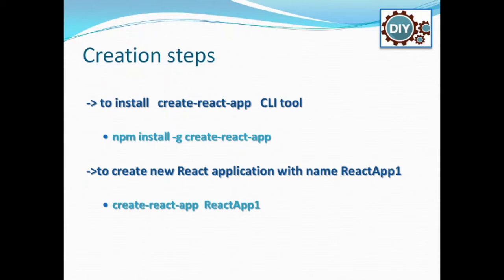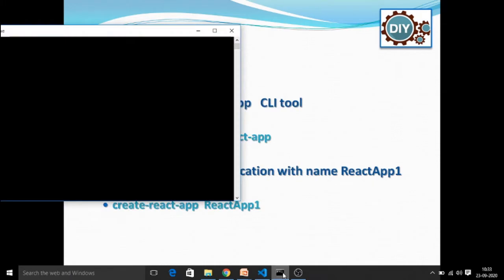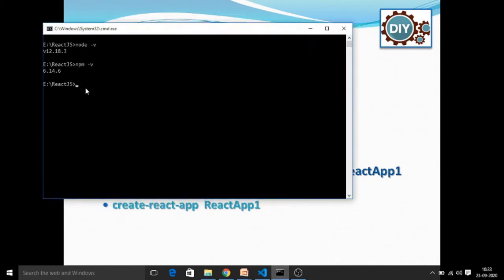So for example, how do you install this Create React App plugin to your system? Simply go to the command prompt and give the command, wherever you want to work with your React application, npm install -g. This is to install globally. And the CLI plugin you want to work with is create-react-app. It is a CLI tool to create a React application. This will take some time to install, so let it run its installation process. We will be continuing with our application. This will start installing your Create React App CLI tool.